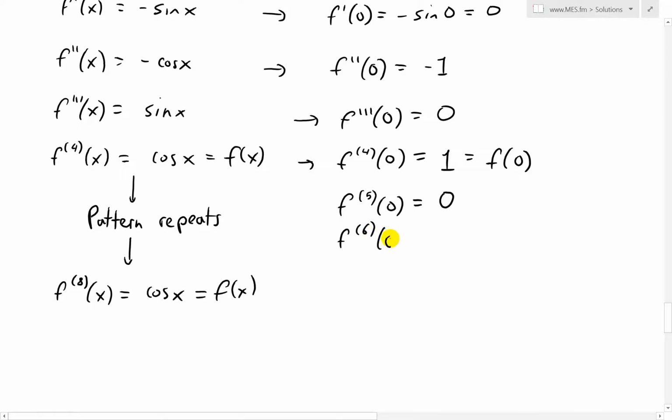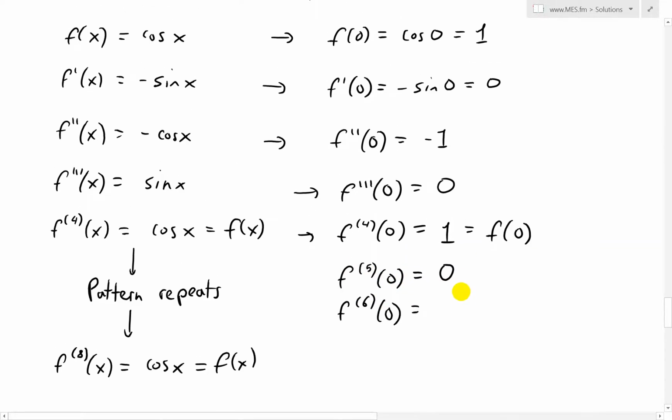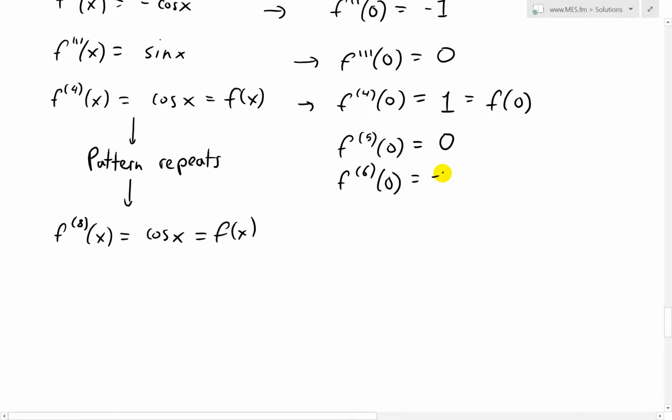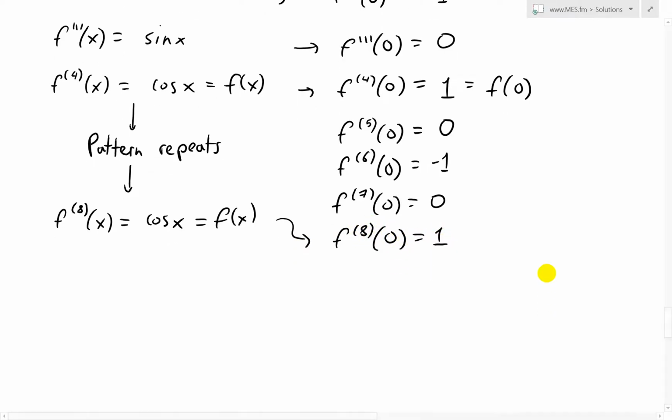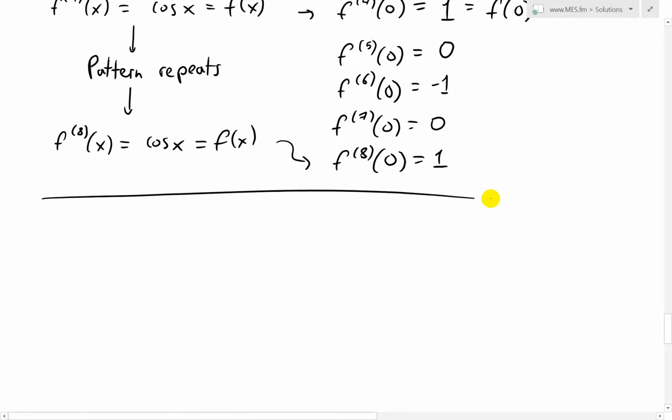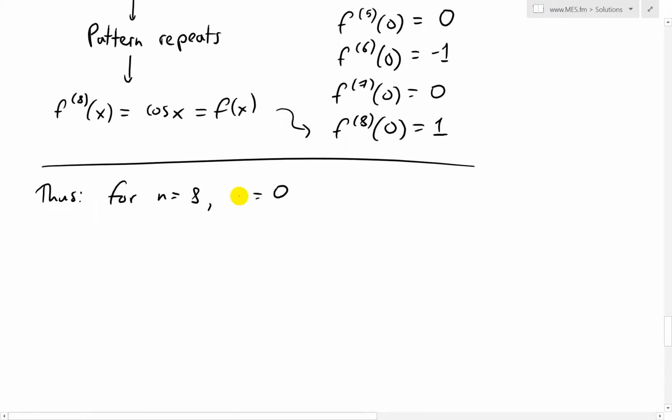The sixth one, f^(6)(0), goes 1, 0, and then negative 1, like that. And then the seventh, just by the pattern, f^(7)(0) equals 0. And then the last one, this one over here, f^(8)(0) equals, well, just 1. So thus, for n equals 8 and a equals 0, what we end up having is